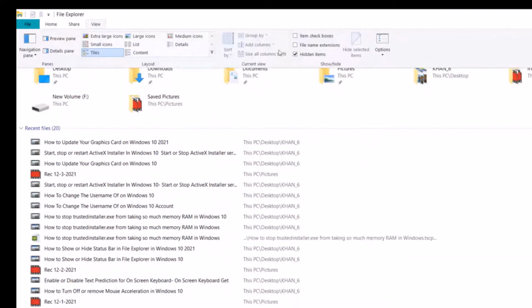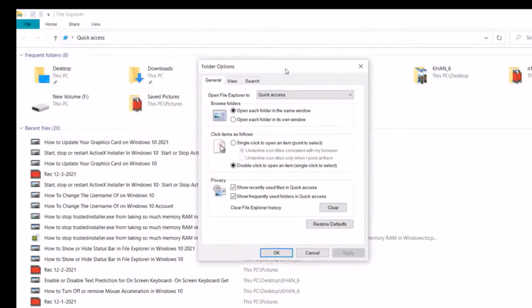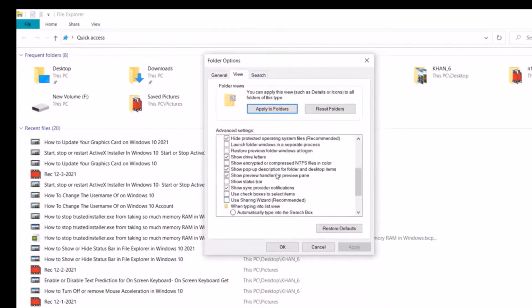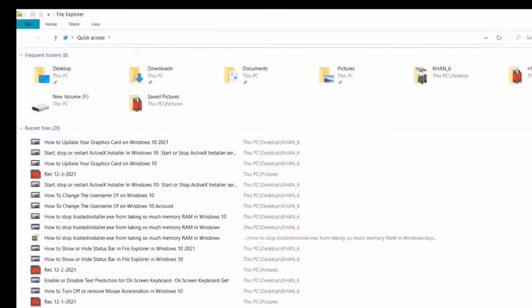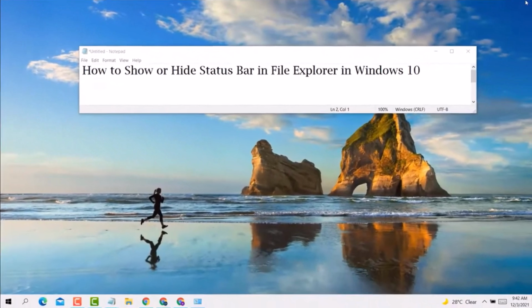And if you want to show, again click on Options. After that, click on View. Now scroll down and check this box, Show Status Bar. Click on Apply. Click on OK. So guys, this is a very simple, easy and quick method if you want to show or